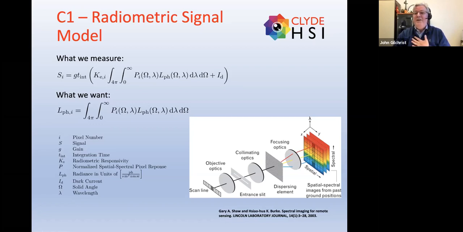I'm fortunate, I come from a machine vision point of view primarily. And in machine vision, we don't really care about the radiance. We care about the reflectivity. And we can put a white tile down and we can measure the reflectivity. So we're in a very nice, more controlled, dare I say it, environment. And we don't care where the sun is and we don't care what angle the sun is at. We have our tungsten lamps and we're happy people because we have that. So our requirement for characterization is slightly different. But of course, all of this requires a proper radiometric model.